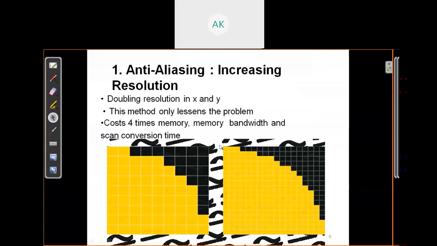So this first image is low resolution. Just count three, three, three, nine cross nine. Here we have just increased the size: 3, 3, 6, 9, 12, 15, and 18. 18 cross 18. So in this first solution, we just physically increase the resolution of the display device, the simplest solution. Now you can see this has a stair structure, but it is a little stair structure, meaning there is some smoothness compared to the first screen.